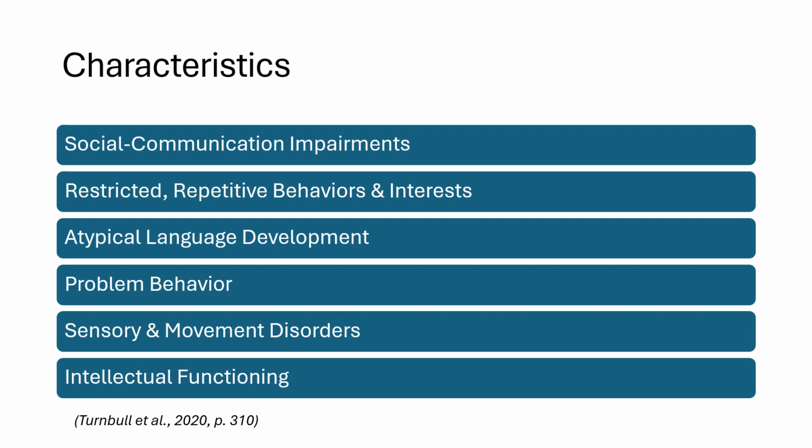Problem behaviors such as self-injury and aggression may emerge when students are unable to communicate their needs effectively or when they feel overwhelmed. Kellen really falls within that one. These behaviors really have a communicative function, and with the right intervention, such as positive behavioral support, which is definitely outlined very well in Kellen's IEP, they can be meaningfully reduced.